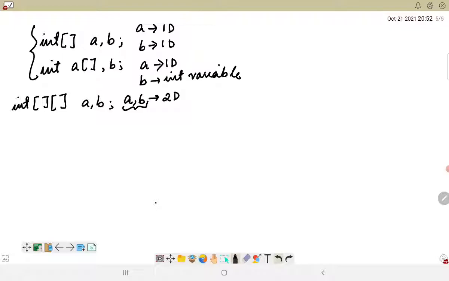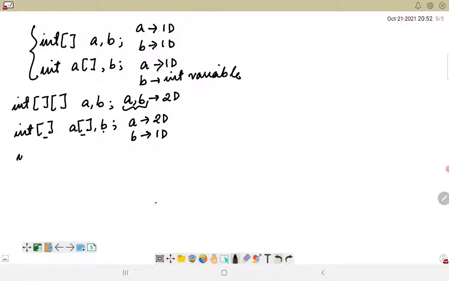Now if I'm considering int followed by a square bracket followed by a space, then maybe this, it represents that a is basically a 2D array, however b is a 1D array. This is because a is associated with two different square brackets, however b is associated with just one, so b is a 1D array.